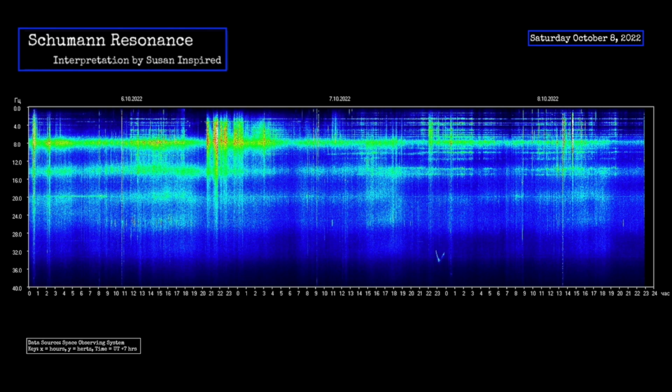Here's the chart from Saturday. So we can see basically the same. There were some green patches that were thicker earlier at the end of the week. And I think that when the green is more prominent, humanity is showing up more. There's not really a lot on the black charts. So I think